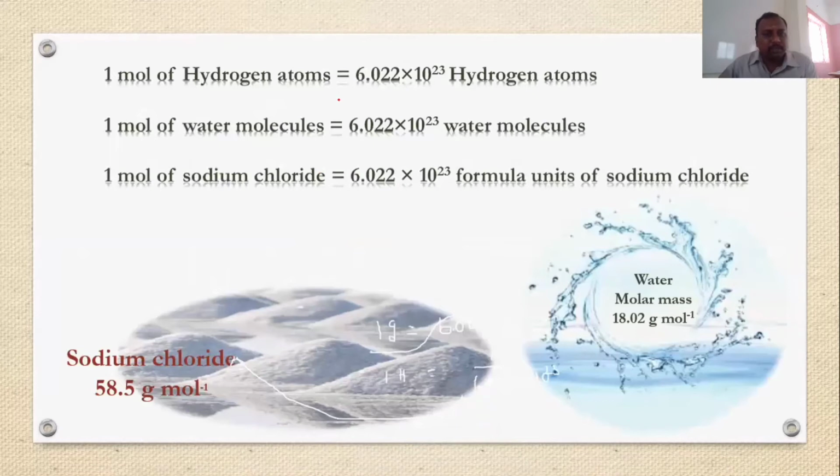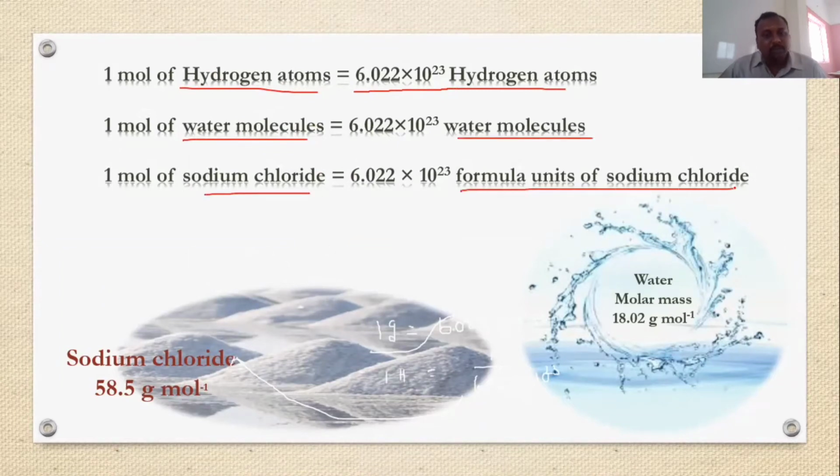So mole concept வந்து பார்த்தோம் அப்படினு சொன்னா, it is not only for atoms, molecules, formula mass, எல்லாத்துக்குமே we can take. So 1 mole of hydrogen atom அப்படினா it should contain 6.023 into 10 to the power 23 hydrogen atoms. அதே 1 mole water molecules அப்படினா that much molecules. 1 mole sodium chloride na that much formula units of sodium chloride. Okay, so this is the concept of moles.